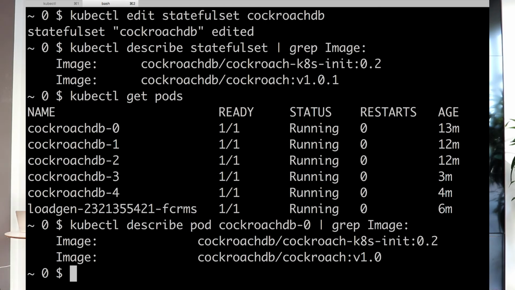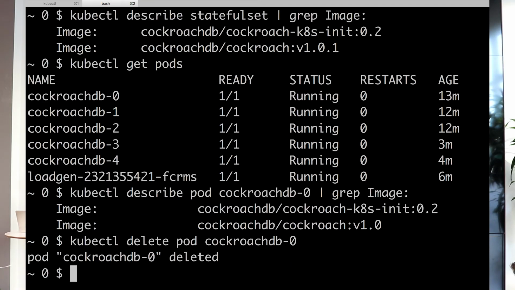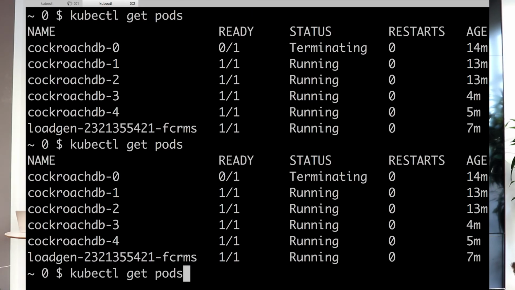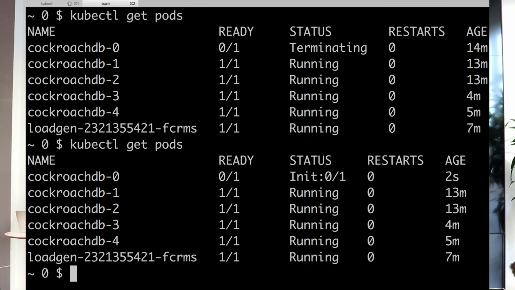What it will do, though, is any new pods that it spins up will use that new version. So if you want to speed this along, you can go ahead and manually kill all the existing processes, and Kubernetes will recreate them with the correct version that you want. If you want to try this out, you can delete pod cockroachdb-0. It deletes the pod. Kubernetes will very quickly automatically recreate it. It's taken a few seconds more this time. But when it comes back up, it's running the new version. So if you run that same describe command again,